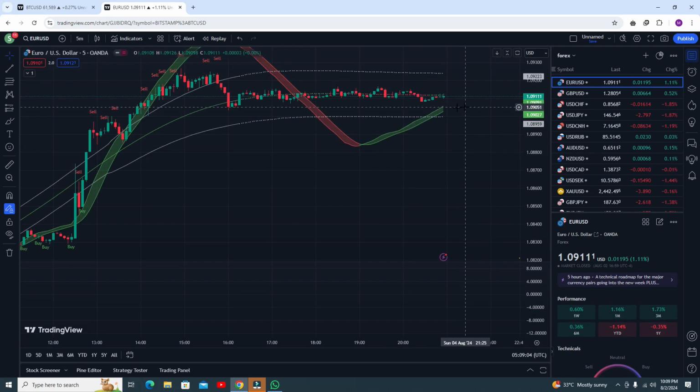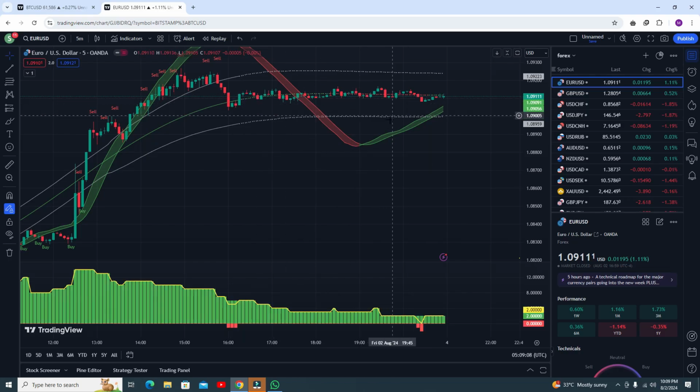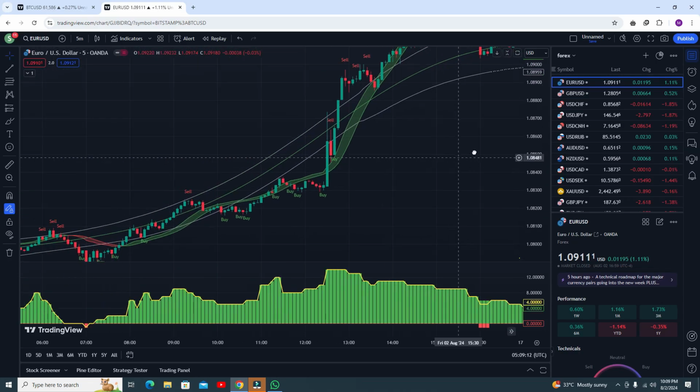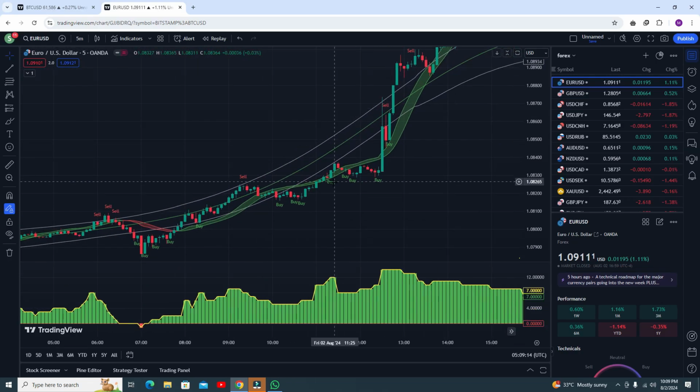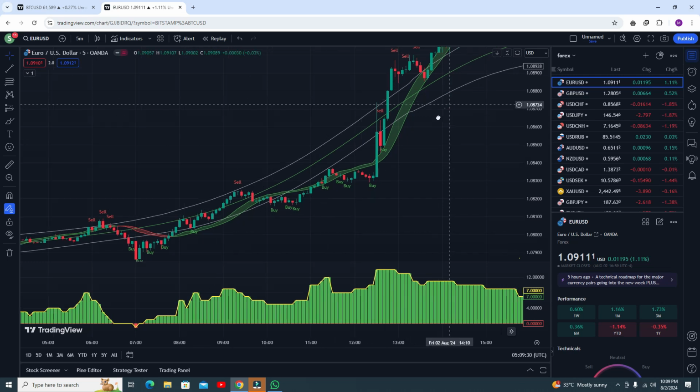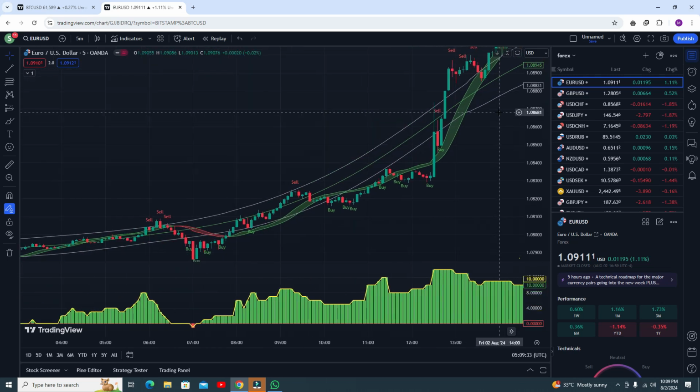Let me show you here, there is no momentum here, but a strong buy volume, and you can see this one. Here you can see the candle closes upside from the RSI ribbon, so this is your perfect buy position, and put your stop loss according to my strategy. Like this one is your buy trade. Okay, and this is another buy trade. Okay, these are true buy trades, and both trades are profitable. You can see the results of these two indicators.